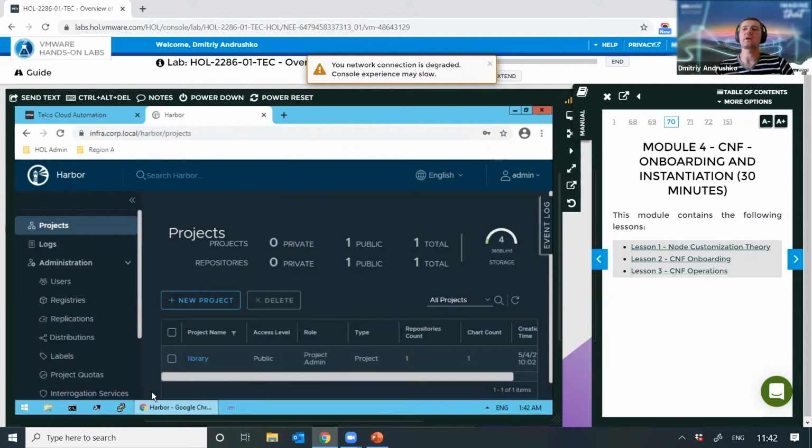So just a quick introduction. Harbor is an artifactory, namely container registry plus Helm chart storage for the network functions which might be deployed through the TCA. Harbor has many interesting capabilities, for example, synchronization with other registries. It can do image scanning and many other